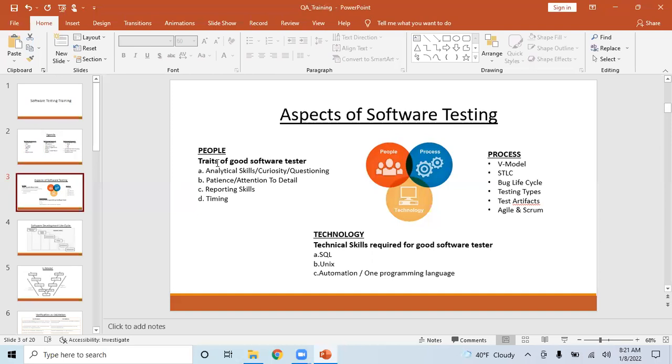When you find a bug, how it progresses, what you have to do, and once it gets fixed, what you have to do again. And there are different testing types, like black box testing, white box testing, sanity testing, smoke testing. You should be aware of all these testing types. You have to know when to implement which technique of testing. So all these things you need to be aware of, and also the different artifacts during each life cycle of the testing.